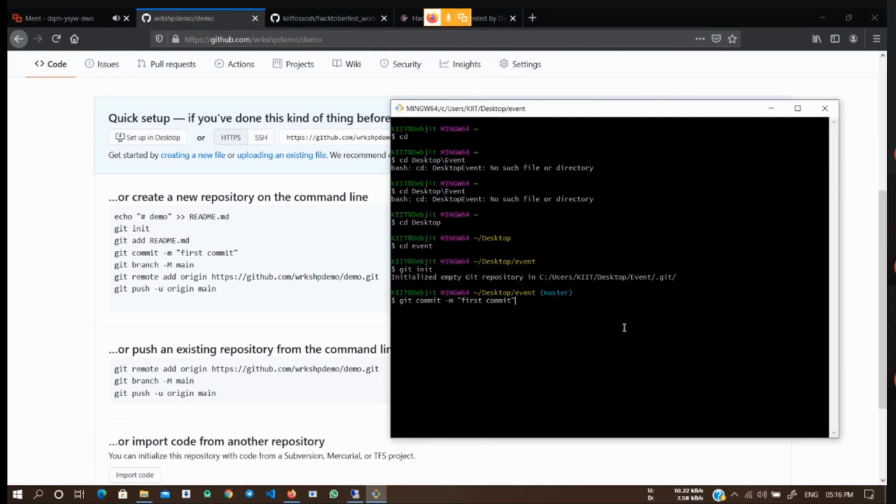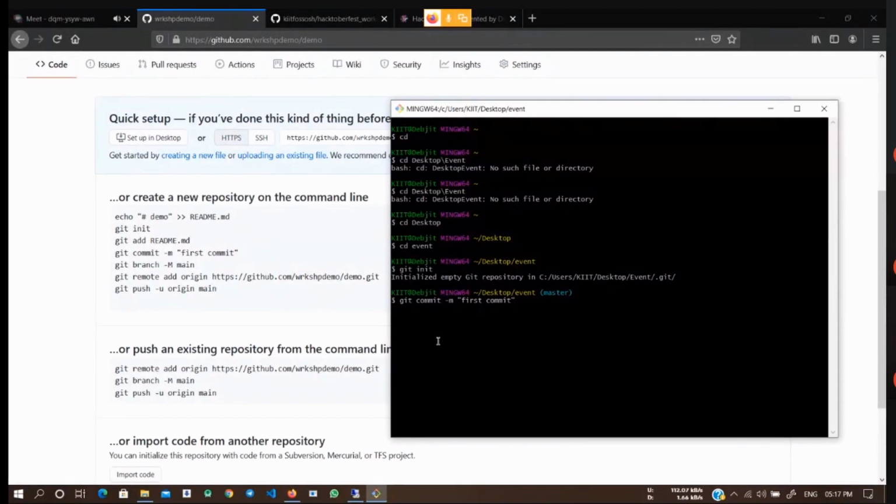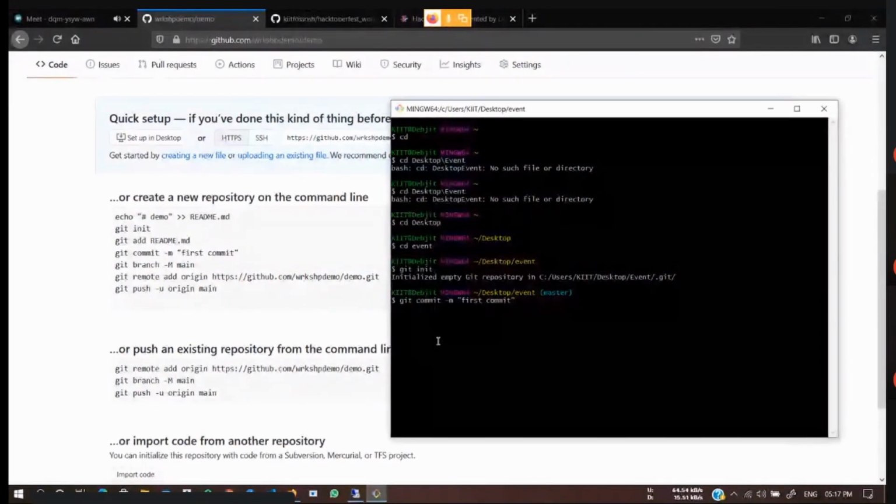So for committing, we will use this command git commit -m first commit. What this -m means is it creates a message for the commit. For committing, you have to write a commit message, and this -m writes this message.